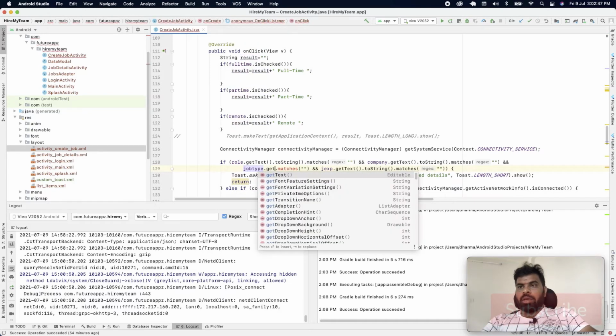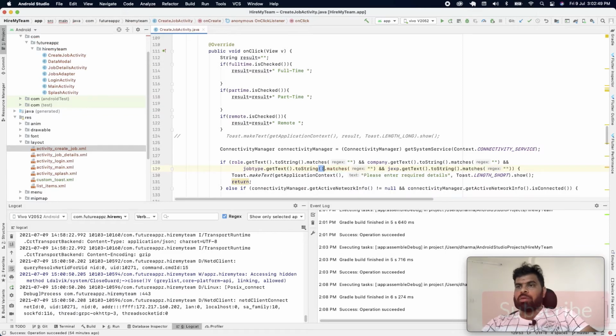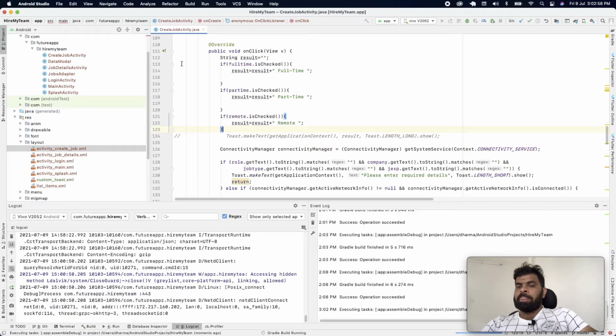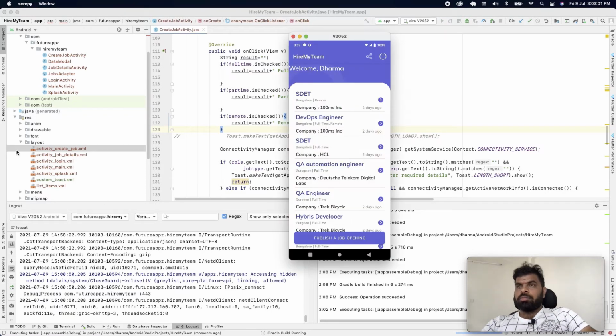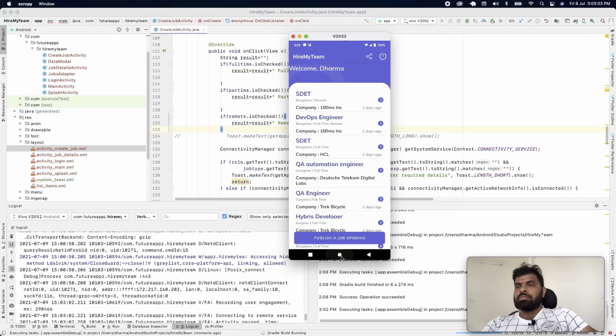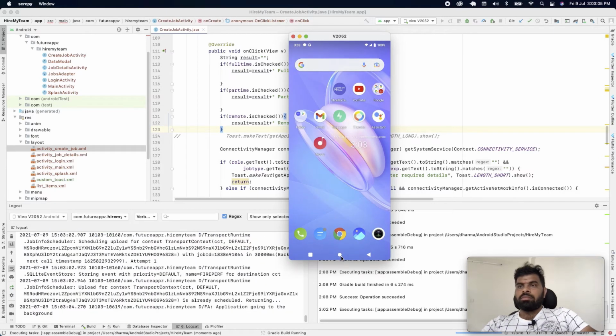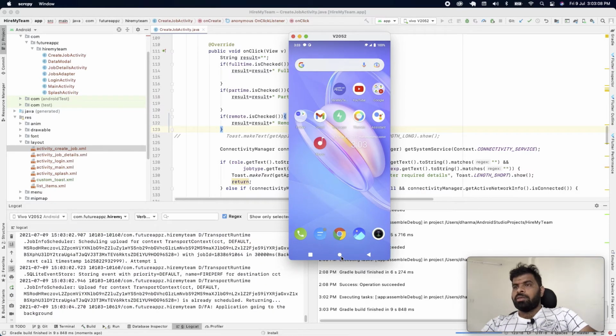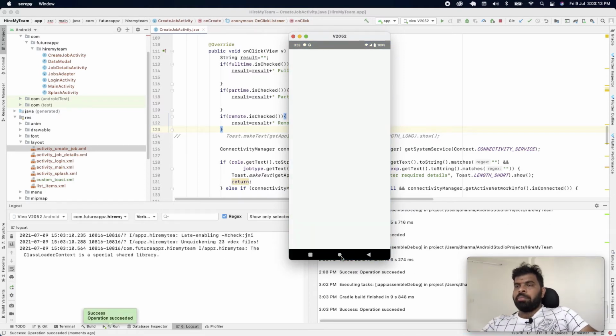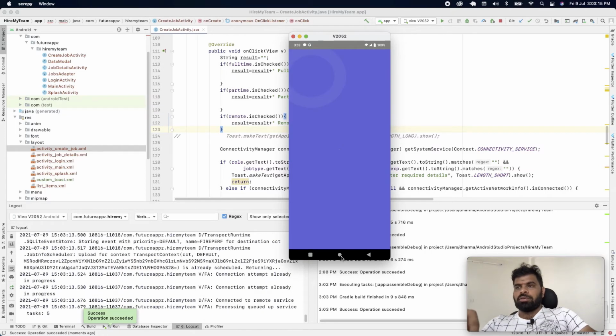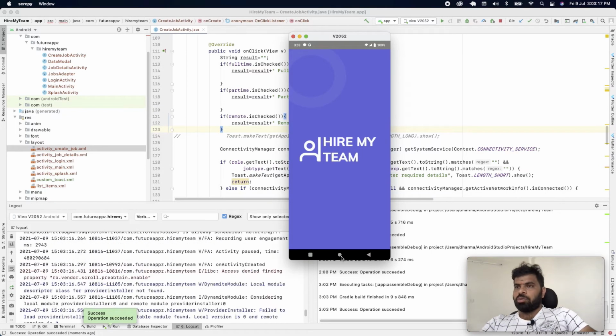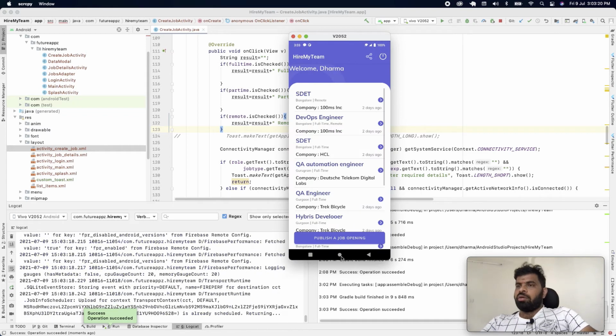Check jobType.getText().posting. I'm trying to get the text of a null value. This value does not actually exist. So let me build. Once the build is done, when we try to post an empty job, we will get a crash because there is no job type value, it's null. That detail we are going to see in Crashlytics.